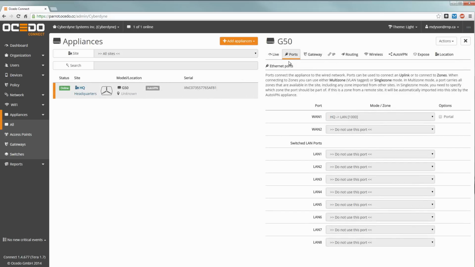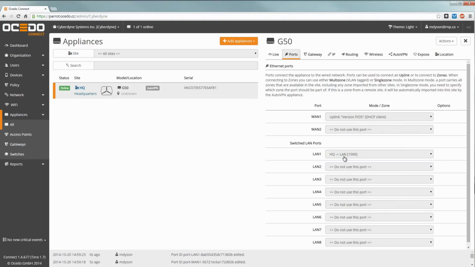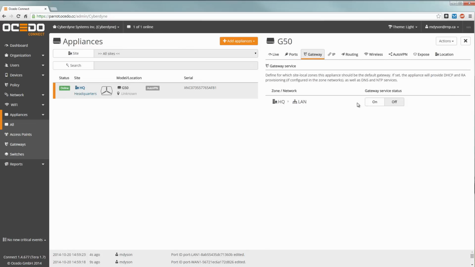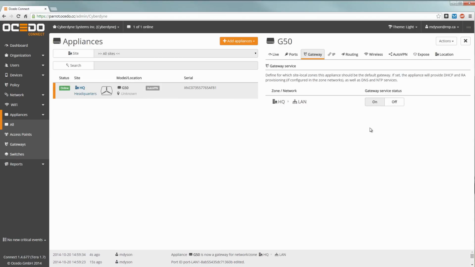So if we click on it, we can go over here to Ports, and we're actually going to set this to use the uplink from Verizon that we configured in a previous step, and we're also going to set the LAN to be our headquarters LAN segment. That applies automatically. If we also go over here to Gateway, we actually want to tell that this particular LAN network should use this particular appliance as its gateway. So enabling that, we'll set the gateway of the G50 as the gateway for all the devices being handed out